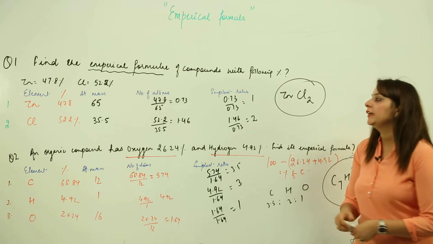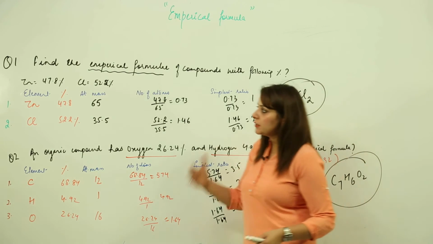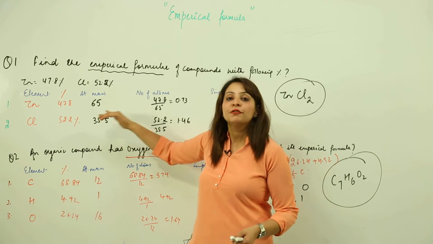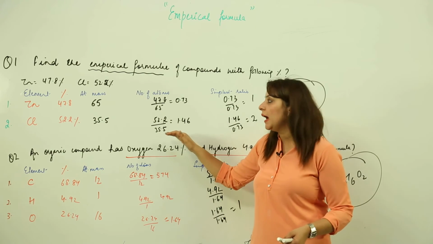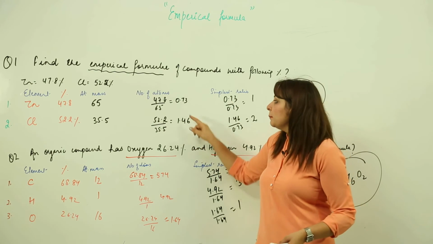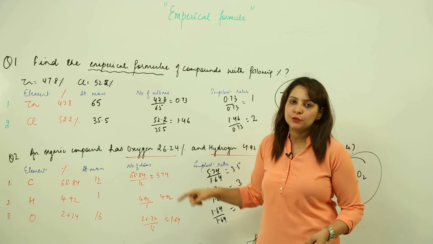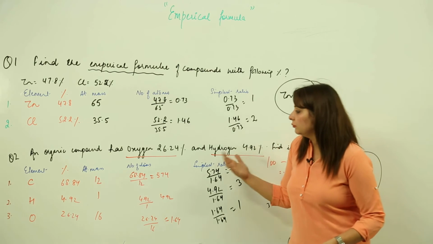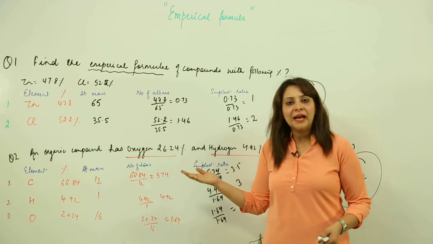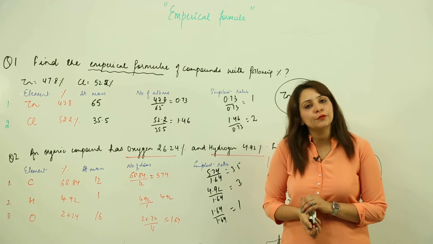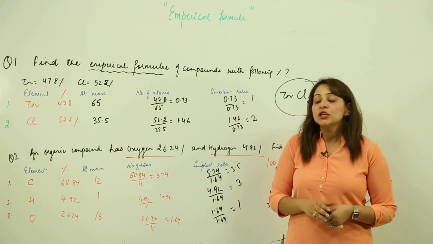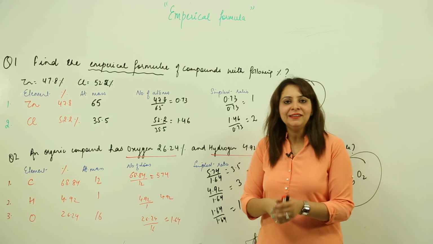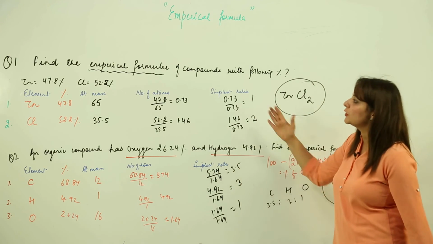Whenever you need to calculate the empirical formula, keep in mind that first you write the name of the element, second their abundance, third the atomic mass, fourth you divide the percentage by the atomic mass, and next you find the simplest ratio by dividing these quantities by the smallest of them. In the second one you may skip carbon sometimes, so keep in mind that an organic compound is always formed of carbon. It will never lack carbon. Sometimes you'll get tricky questions like that, so keep your antennas open to capture the correct answer. So this is the empirical formula.